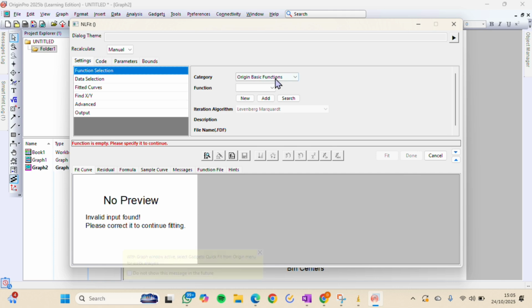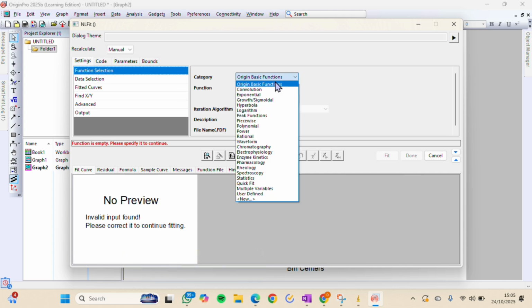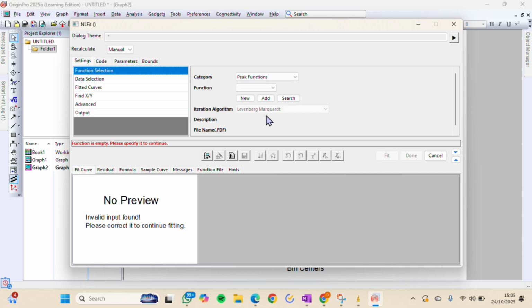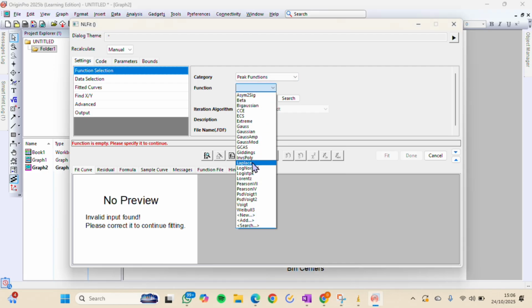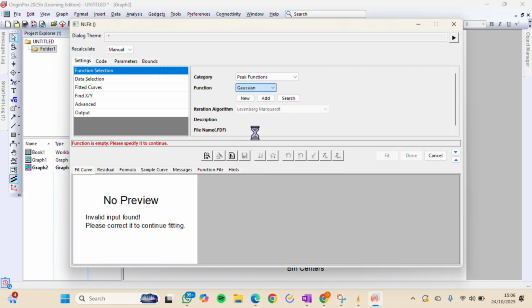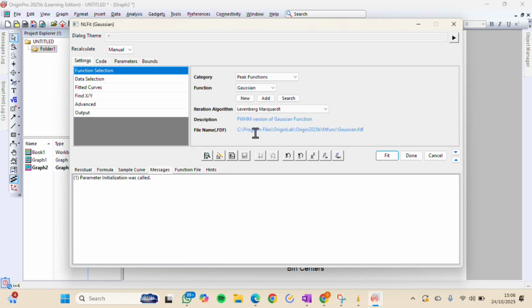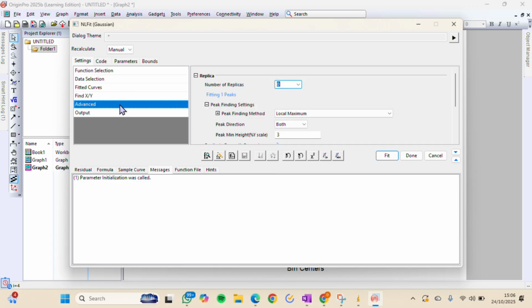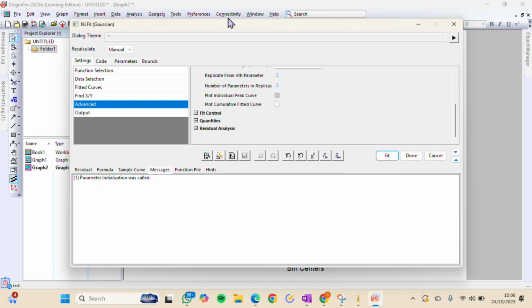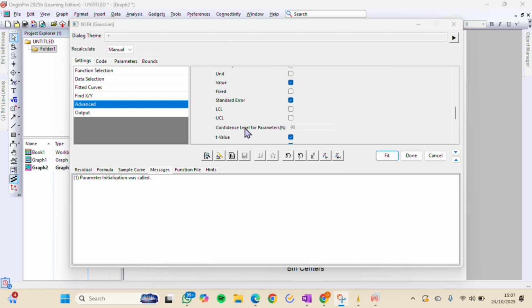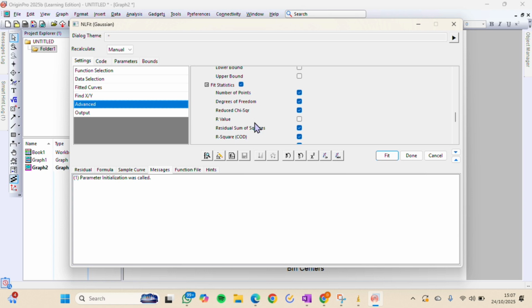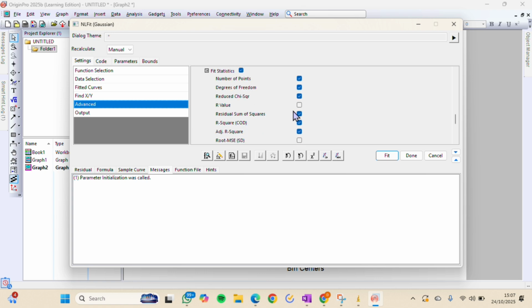In the function selection, we click the category and we choose the peak function, and then in the function we click the Gaussian. After that, go to advanced and click the quantities and make sure R square or COD is checked.